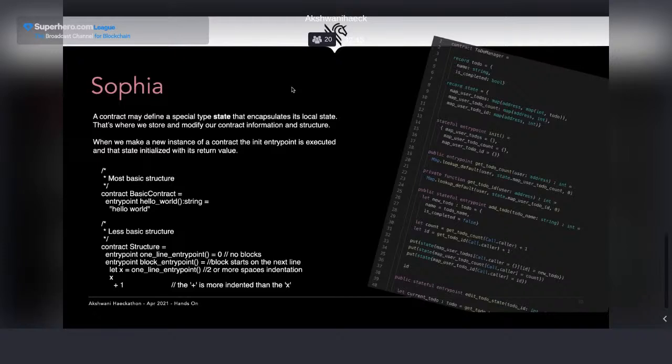When I start to work with a more extended structure of a contract, I have the option to have my entry points on only one line without any block, or to start working with blocks, where I will have to work with indentation with 2 or more spaces to maintain the block.